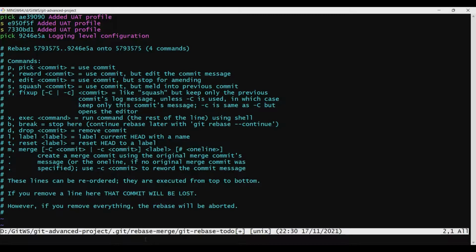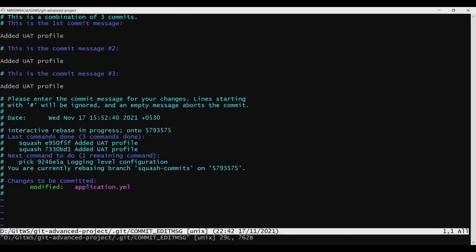Now let's go ahead and save this file. We'll say :wq. It will present us with a chance to change the commit message if we wanted to. The message says please enter the commit message for your changes. So basically we merged 3 commits into one, and we still have an option to change the commit message here.